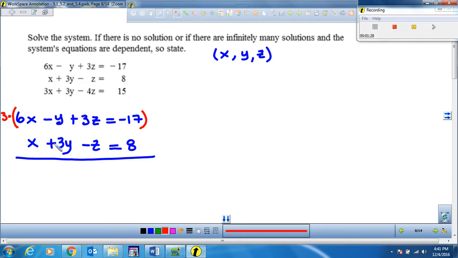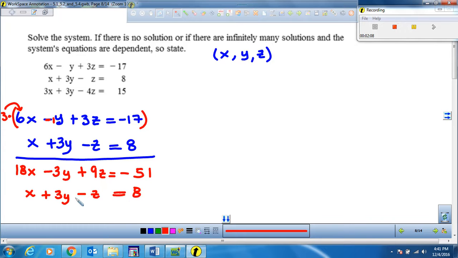So since I have a positive 3y on the second equation, I would like to have a negative 3y here. And since there is already a negative 1 here, let's just do 3 times negative 1, obtaining a negative 3y to cancel with positive 3y. So 3 times 6x is 18x, 3 times negative y is negative 3y, and 3 times positive 3z is 9z. 3 times negative 17 is going to be negative 51. You copy the second equation